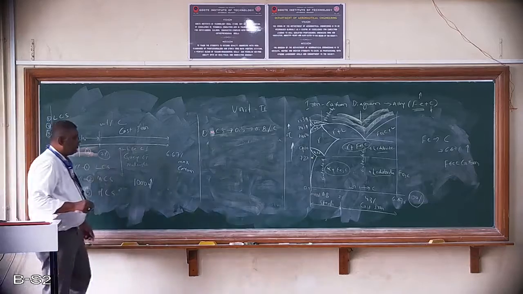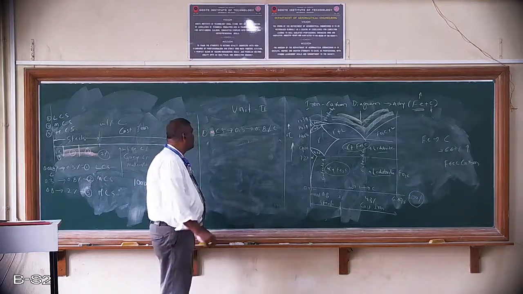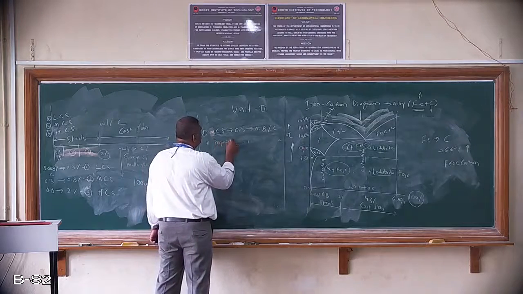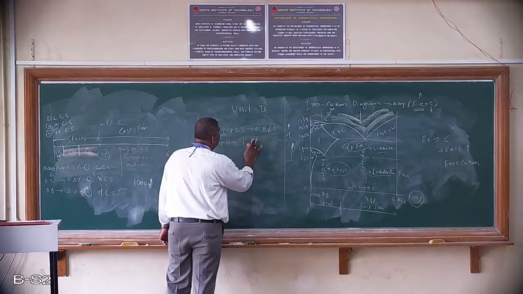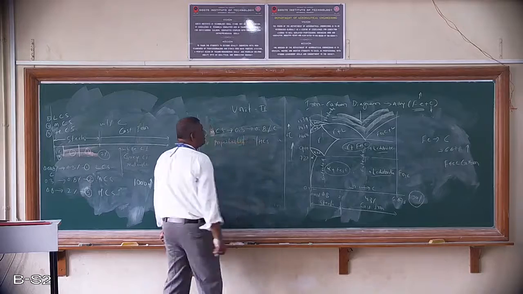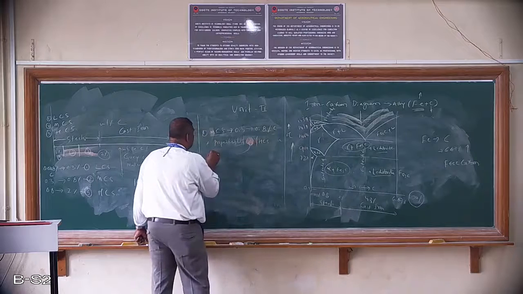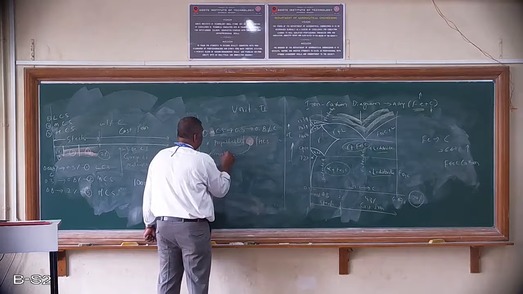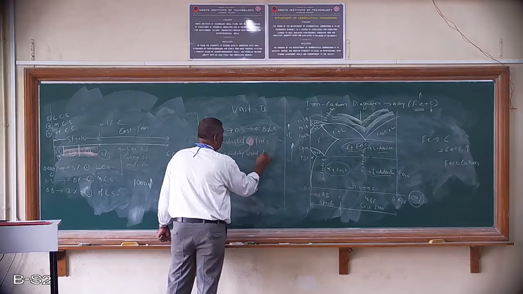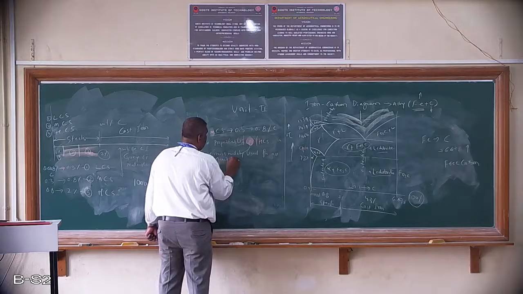So now let us see what is the advantage of this medium carbon steel. Here the properties are in between high carbon steel and low carbon steel. So this region is most widely used for all general purpose